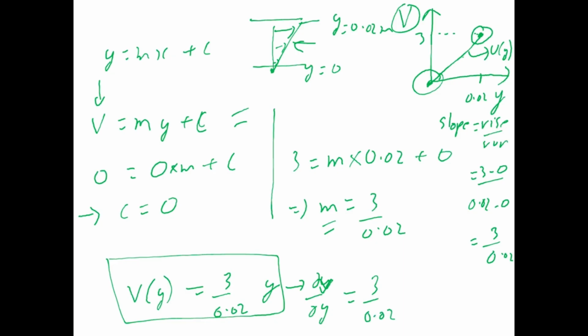Now if you have dv dy, that is the velocity gradient or the shear rate, and we said that in order to find the stress, all you need to do is multiply this by viscosity, right? And then you have the final shear stress. So now you have been able to compute the velocity gradient, you have been given the viscosity, hence you know the shear stress, right? So that's as simple as that. Okay,